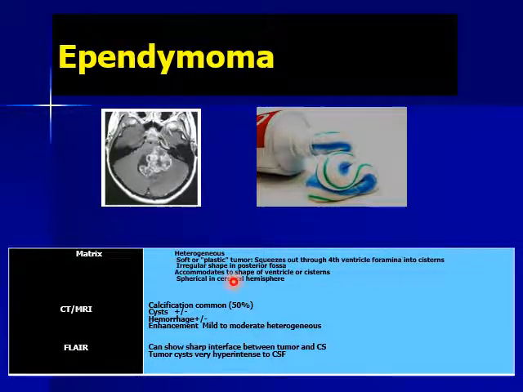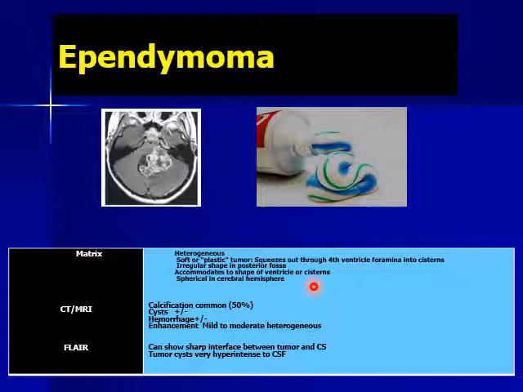Heterogeneous, soft or plastic tumor that squeezes out through the foramina into the nearby cisterns of the posterior fossa, usually irregular in shape and accommodating to the shape of the ventricle. So it will not be spherical. It will squeeze itself through the foramina to cast them. Okay,